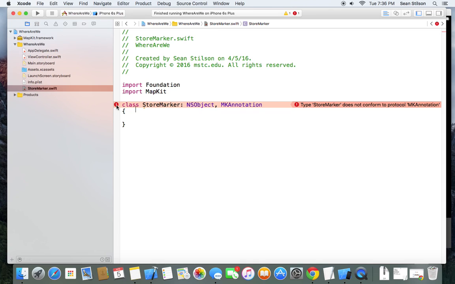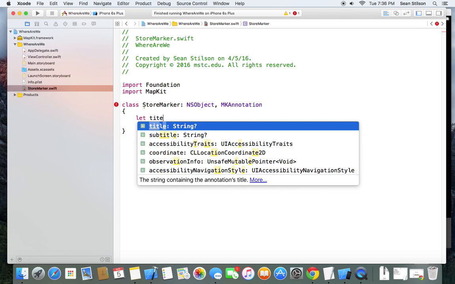Okay, so it doesn't conform to the protocol. Here we go with the protocol thing again. As I mentioned before, Swift is single inheritance, so we're inheriting from this one and implementing this one. So there is a subtitle. All right, we'll get to that. We'll just leave the error there for right now. We'll get to it. So we're going to do this: let title